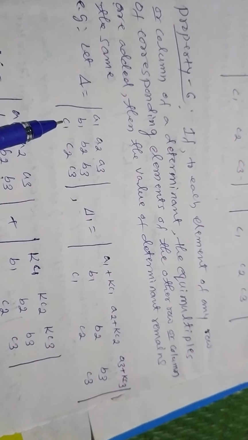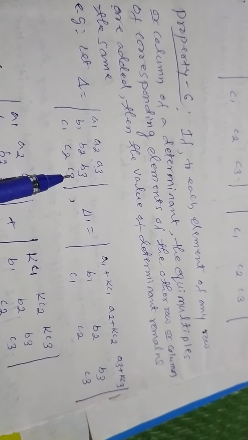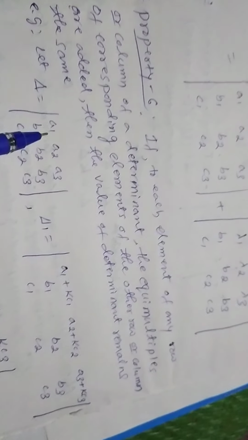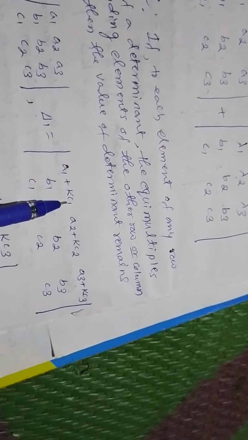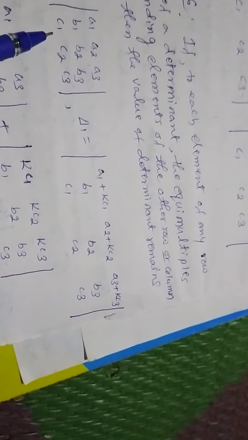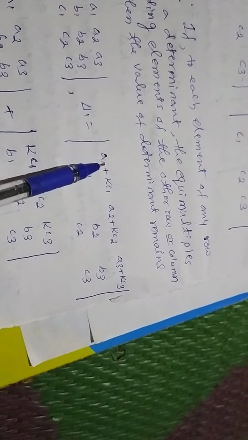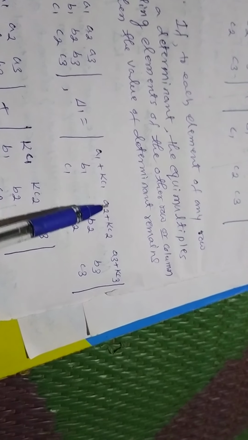After multiplying R3 with k, I added k c1, k c2, k c3 to R1 here, so that a1 plus k c1, because k c1 is formed by multiplying k with R3. So a1 plus k c1, a2 plus k c2, a3 plus k c3,